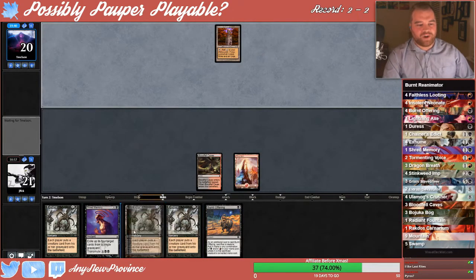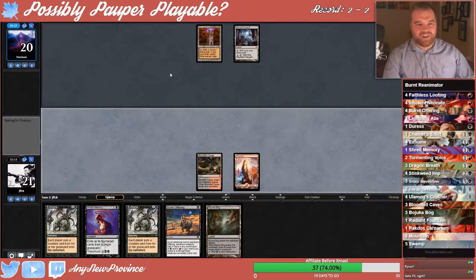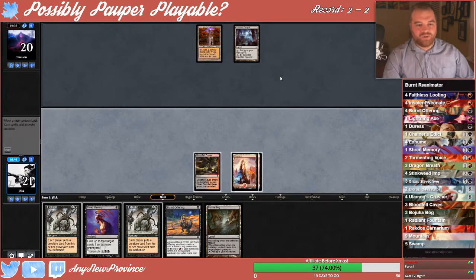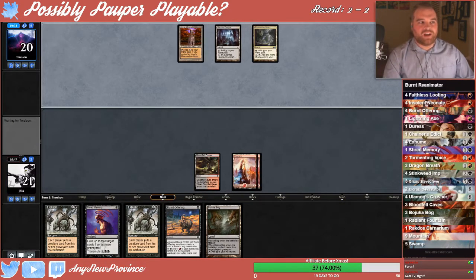See 4 copies or 3 copies of Exhume in hand and like nothing else. This deck loses to itself a lot, as we will see, as will be exemplified here. We'll keep playing untapped lands. What 2-drops could we go find that we actually want? Right? Like that's